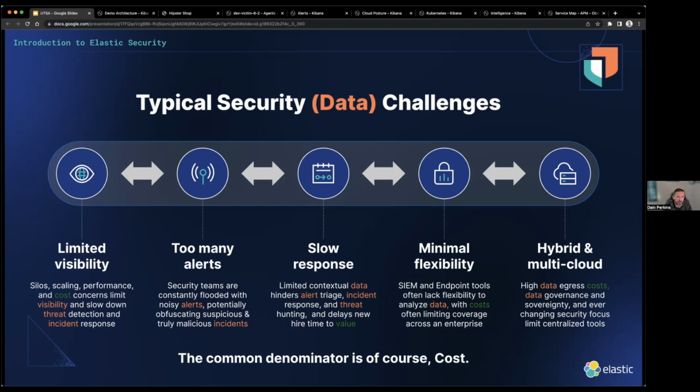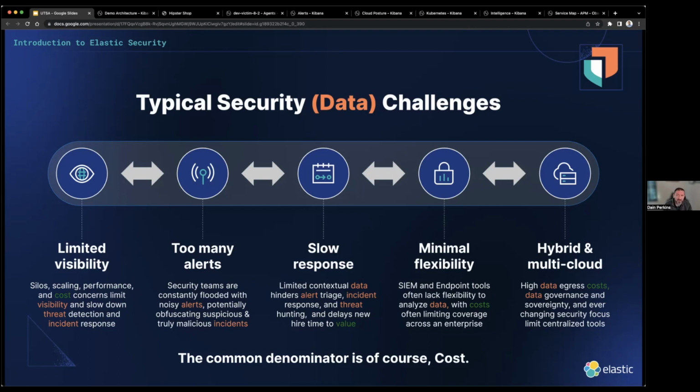Now that's child's play. Adding cloud, the complexities involved with multi-cloud, if you're using Azure and AWS, GCP, egress costs for pulling data from these different environments, not to mention the data governance and sovereignty issues. There's a lot to consider.